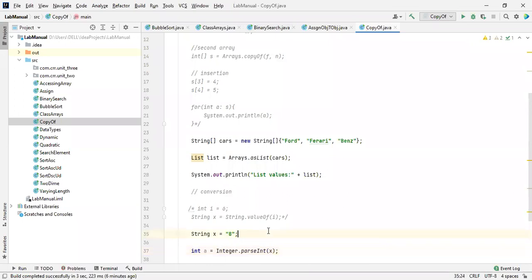Got my point? If you want to convert from string to this, or from this to string, that is a very important topic. There are so many things available. If you want to convert to float, there is a method called parseFloat, and then you can convert directly. Because this is an integer, it is showing an error. So if you want to convert into float, you have to use this method. Similarly for double, and so many data types are available for the primitive data types.